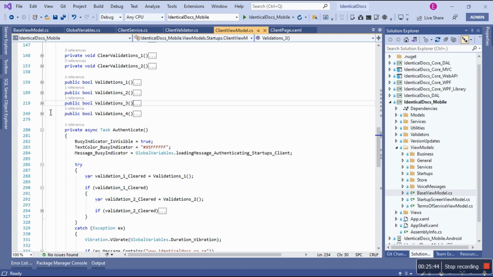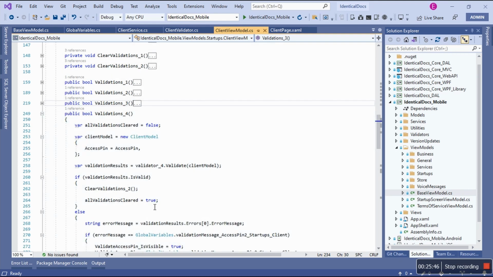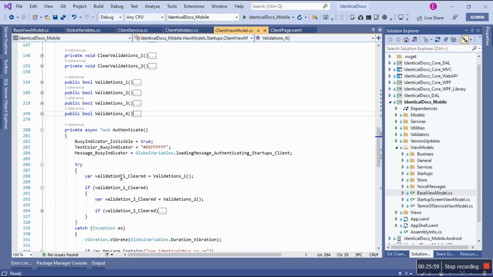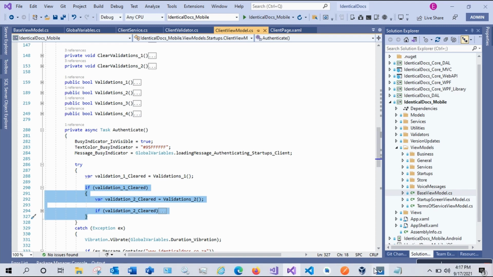Finally, this is critical. Number 4, we are checking if the access pin meets the requirement of 6 characters. If not, show the error message. If yes, clear. Then we can say, okay, if this is true, we're only going to get inside if it's true. If it's not, we're going to skip this. Pay attention. But if the validations for this were cleared,